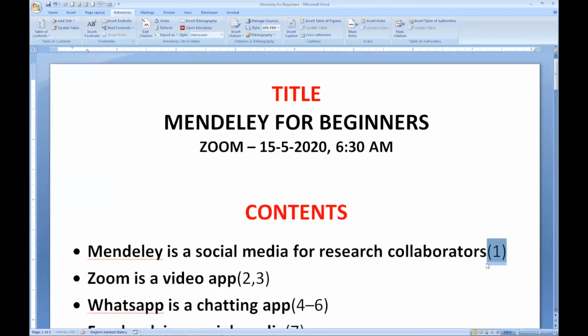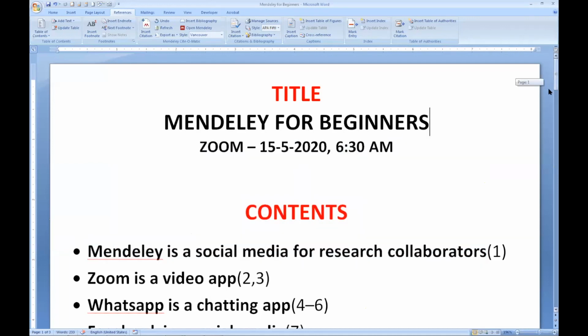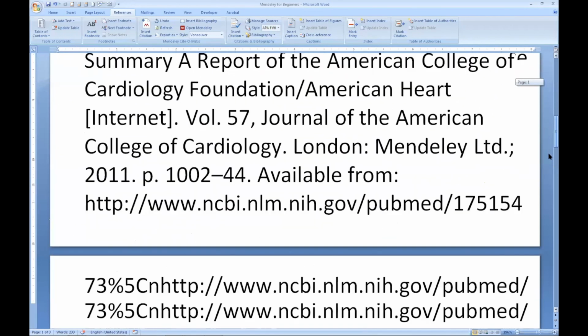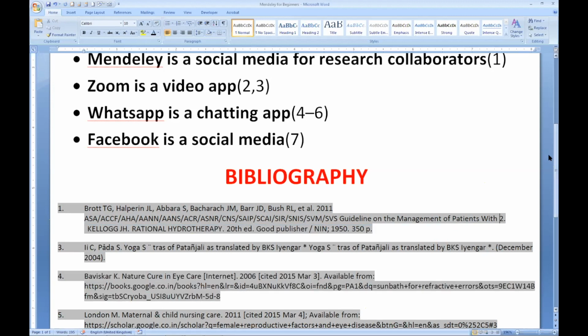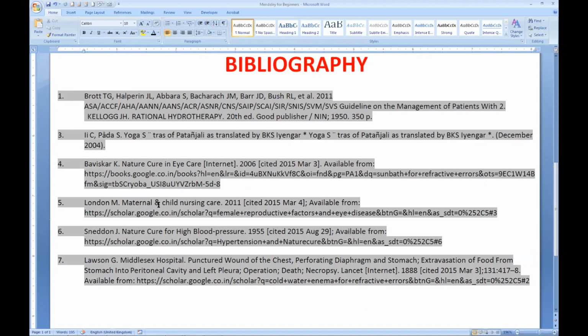See, it has given the first reference for this first statement. The citation number changes automatically. These are the references that we have, and it just numbered them correctly, automatically, in the way they should be numbered.